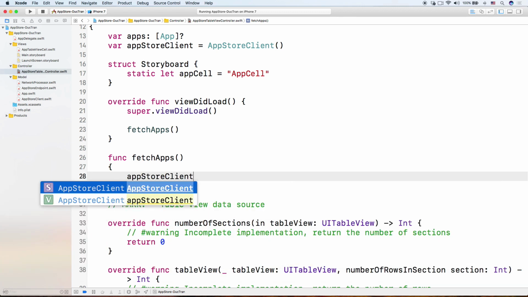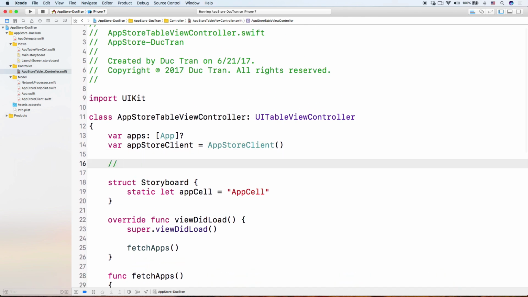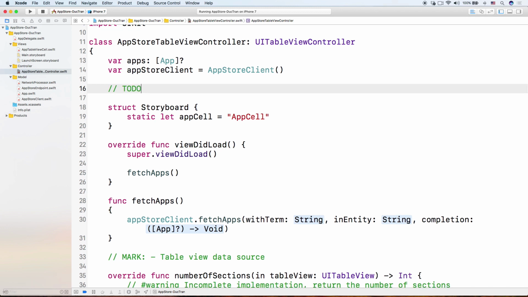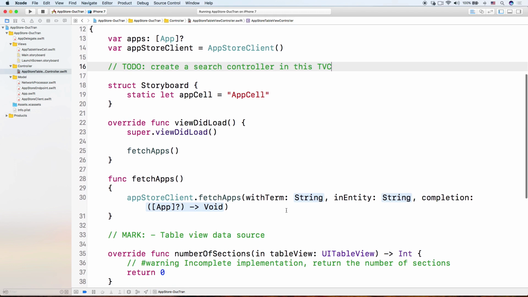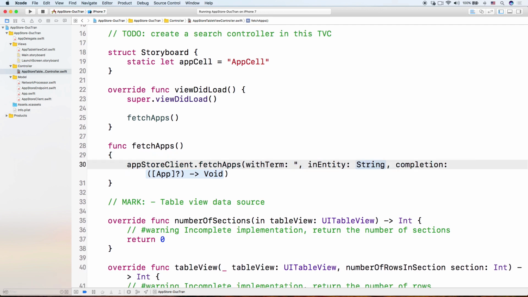App Store client dot fetch apps, like this. And then with the term in entity, and then the completion. Now we don't have the search bar here, so let me make a to-do here so that we can create a search controller in this table view controller, so that we have the search term and the in entity. So by default, let me just have the with term here be Instagram, and then the entity, let me make that software like that, and the completion, let's press